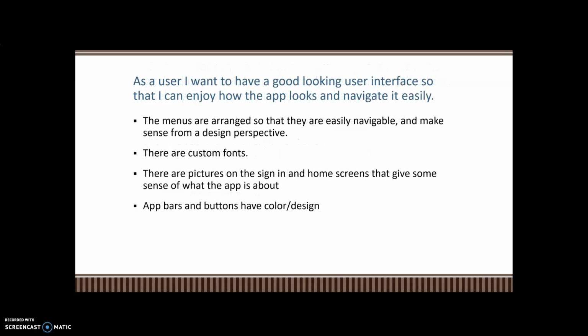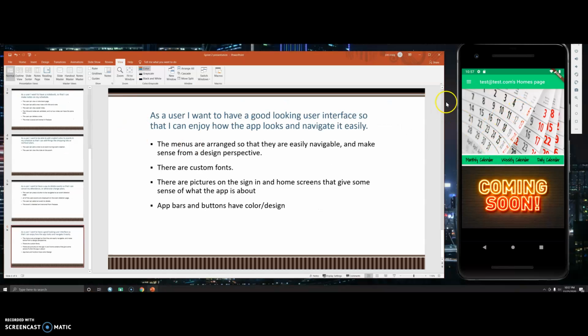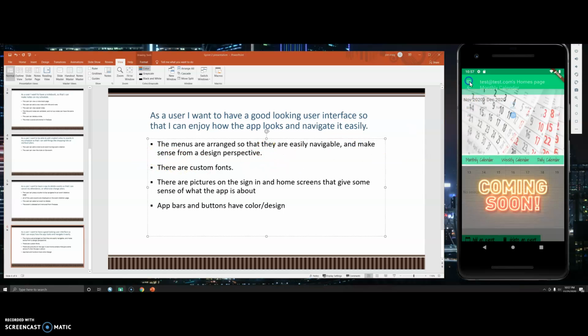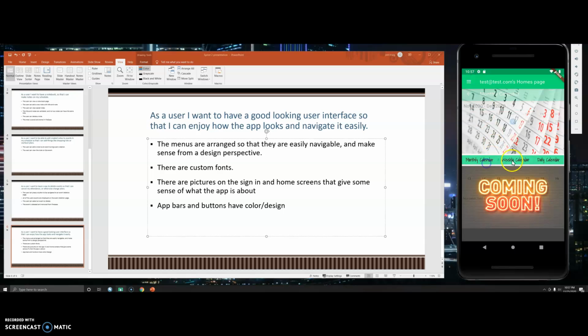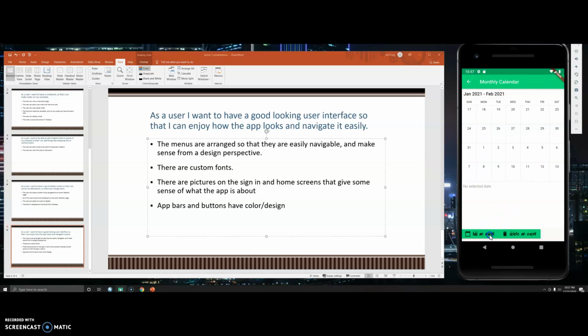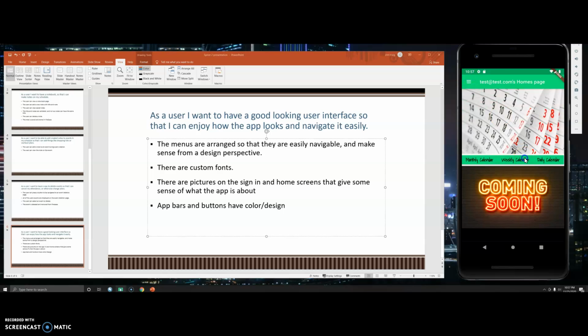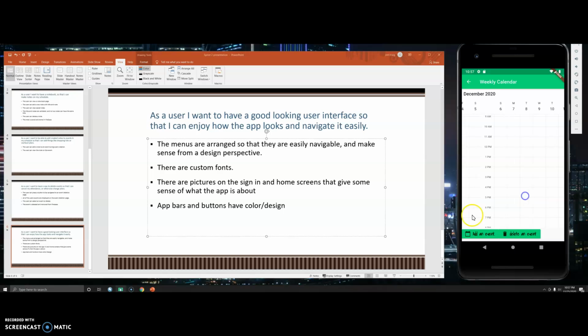And for my last story, as a user, I want to have a good-looking user interface so that I can enjoy how the app looks and navigate it easily. So the menus are arranged so that they're easily navigable and make sense from a design perspective. So we have our monthly calendar view, a weekly calendar view, our daily calendar view. And if you look in these, you can cycle the months, you can add an event, delete an event,